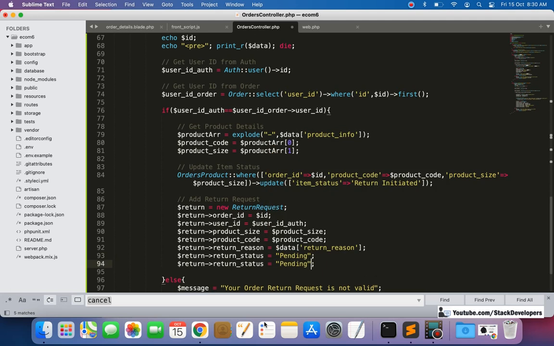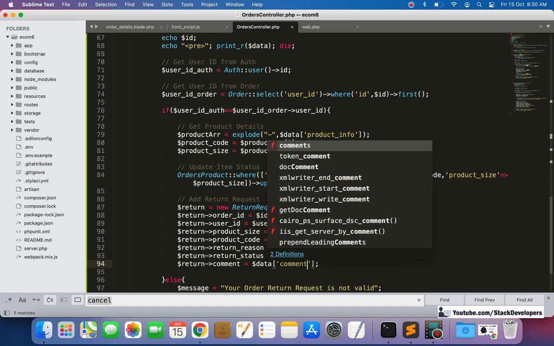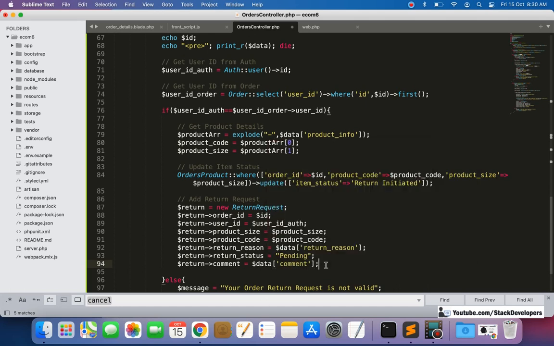The last one is the comment, and if a comment comes up, we are going to add this comment here. So I'm going to add $data comment. Now we are going to save this.